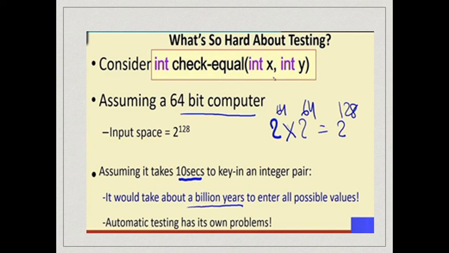It is an extremely large number, and let's assume that we are testing manually with these 2 to the power 128 possible values, and let us say that we are experts in typing. We can type very fast and take just 10 seconds to enter each test data. If we compute that, the number of hours will be very large, and we might take a billion years to enter all the possible values, and that is just to test this small program. Therefore, black box testing is hard if we consider all the possible inputs.